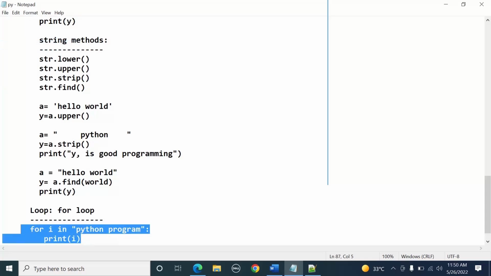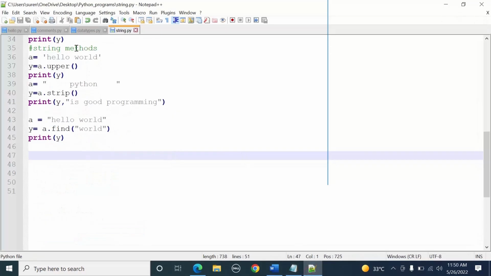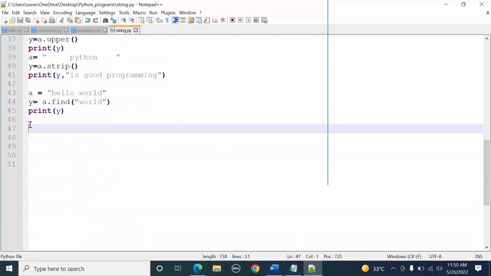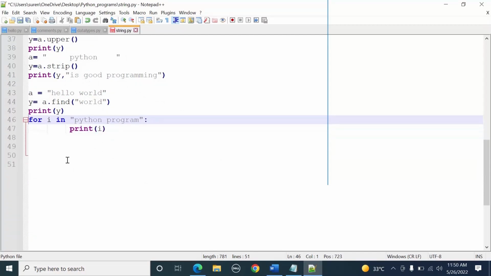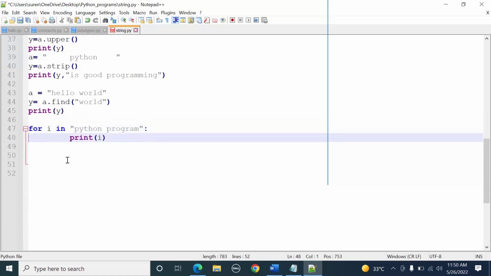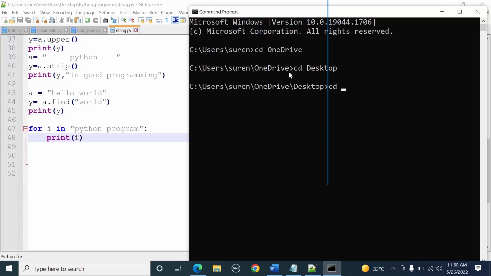You can understand how things are going on in the strings. In the strings concept we'll discuss again. Let us write the for loop, and here the indentation is followed like this. Now just save, open command prompt, cd, now just write python